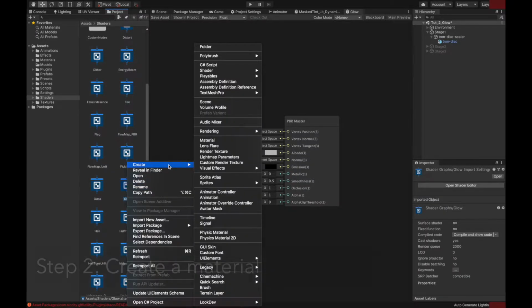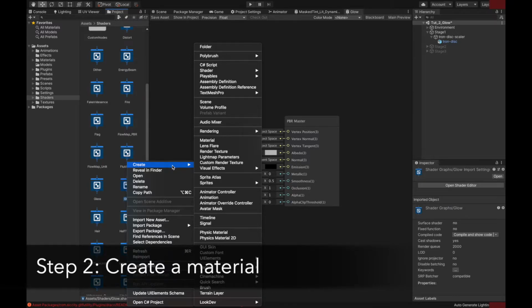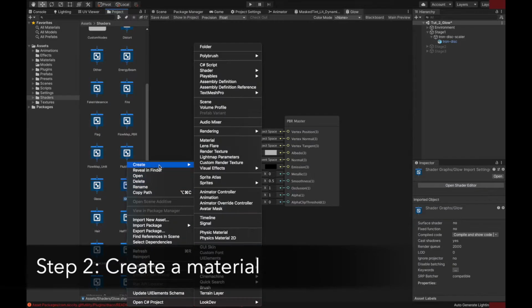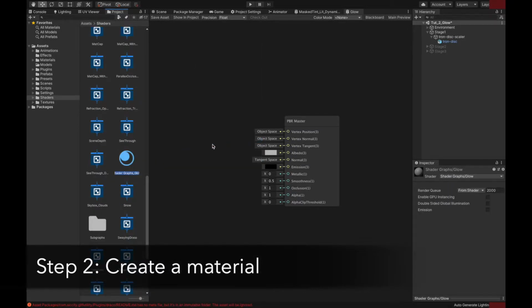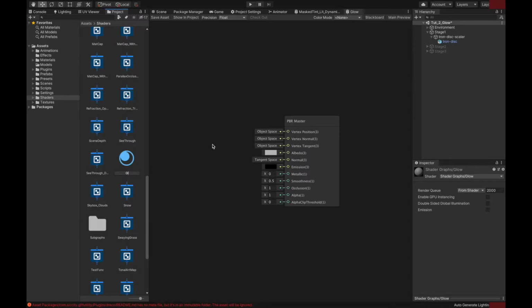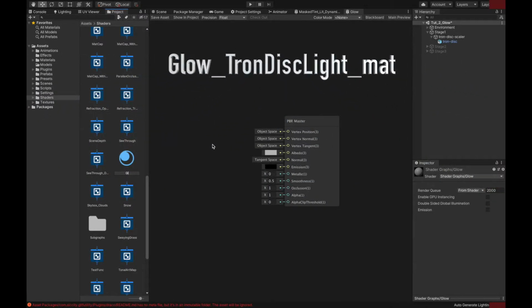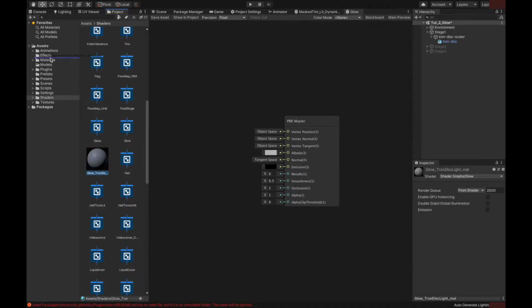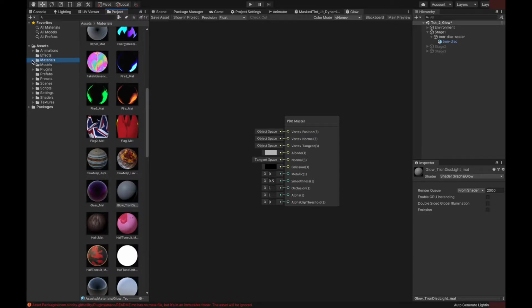Now let's move to the second step: create a new material. Firstly, select the shader graph asset and then right-click, Create Material. Moreover, you could see that the shader of this material is assigned automatically. Then give it a name like Glow_Tron_Disk_Mat. Mat stands for material. Think about how you will search or filter for it later. You might end up with what's called a professional naming convention, but with your own rules.